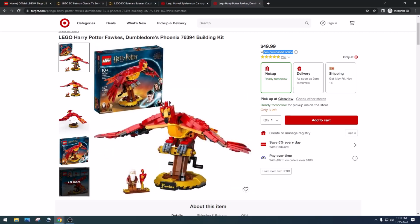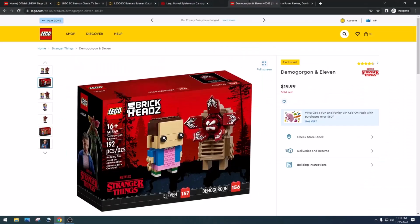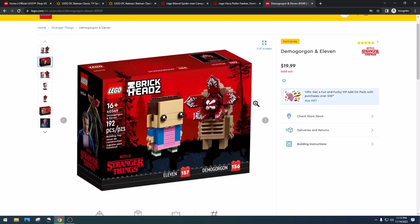But either way, the number 1 on my list is only a Lego exclusive, and that might have already given you the answer. So, number 1 is the Stranger Things Brickheads Demogorgon and Eleven, item number 40549. This is only exclusive at Lego stores and lego.com. It is extremely hard to get because there's a limit of 2. And driving to the Lego store for 2 of these,